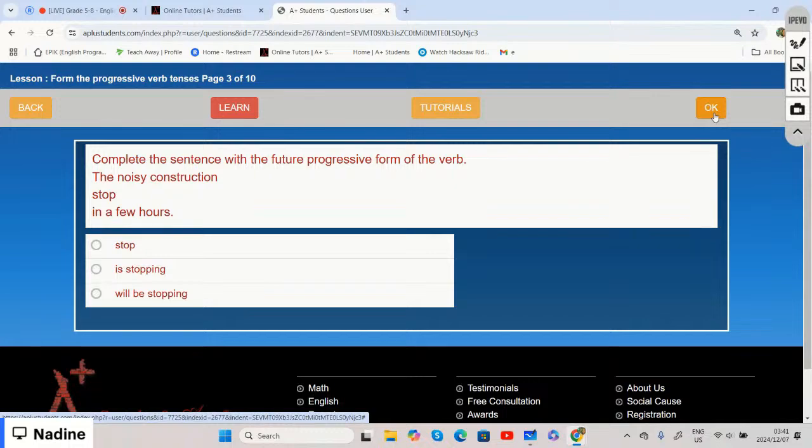We need to choose the future progressive form of the verb. So the noisy construction, yes, we will say